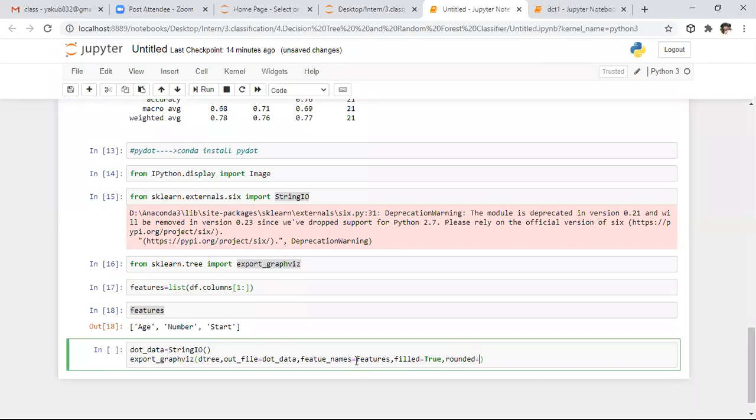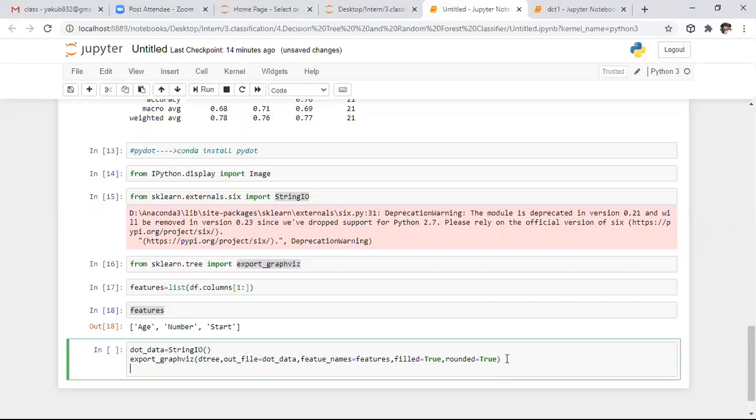So here I'm saying true. After this, we need to create the graph. So here I'm using pydot dot object. In this pydot object, I'm specifying the parameter.